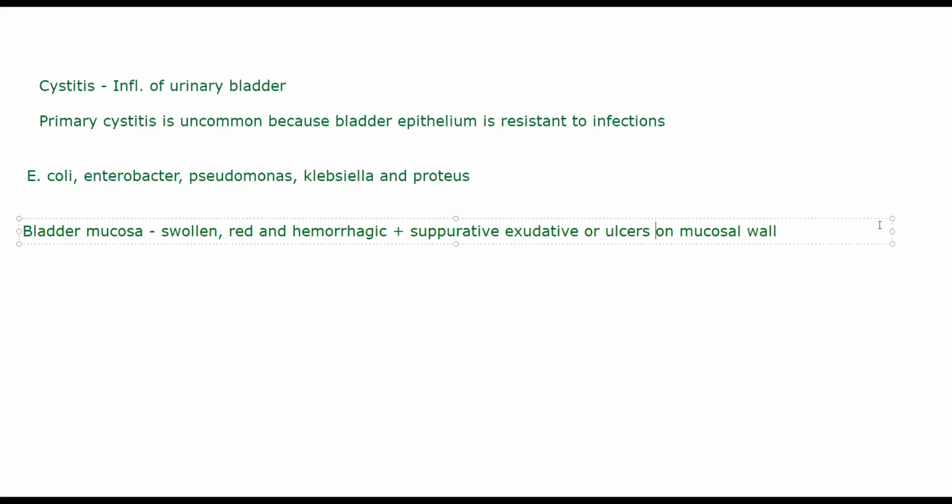We've studied in the ulcers of the stomach that once an ulcer becomes very complicated, it will start going into the deeper layers of whichever area it is affecting, going into submucosa, then muscularis layer, and so forth, wherein at one point of time it can cause perforations as well. That is possible in this case as well. Here, if the ulcers are not healed or not treated in time, there will be a hole created inside your urinary bladder that can cause urine and urinary substances to leak out into the peritoneum. That will be a big problem. Okay, it will lead to peritonitis and it can lead to sepsis.